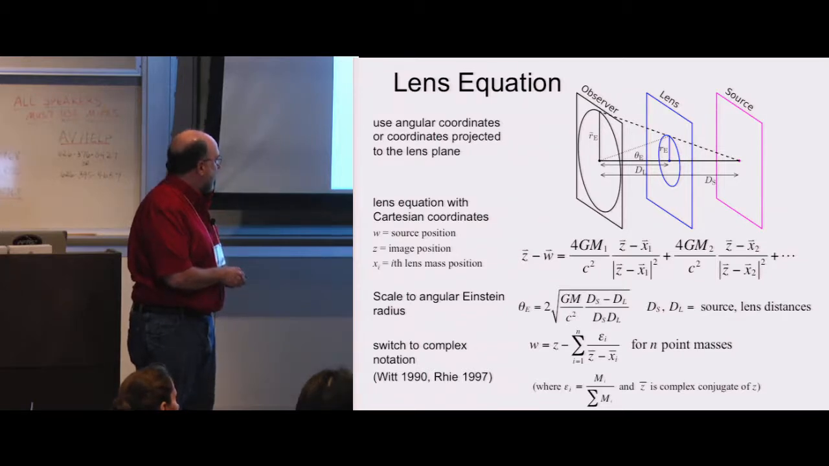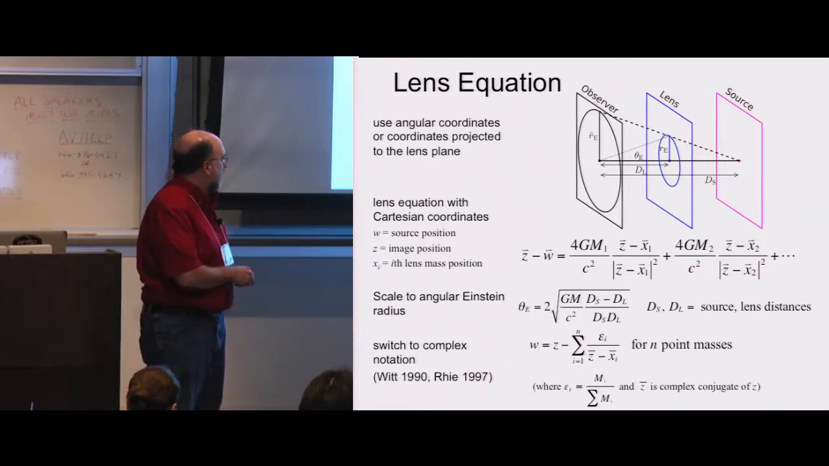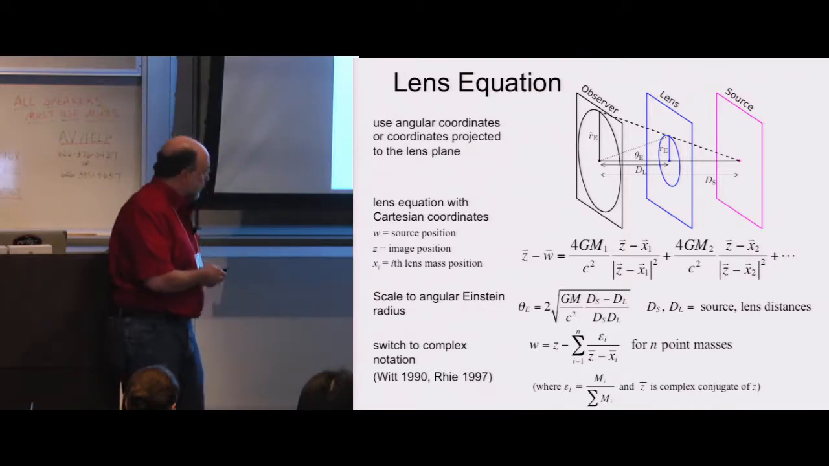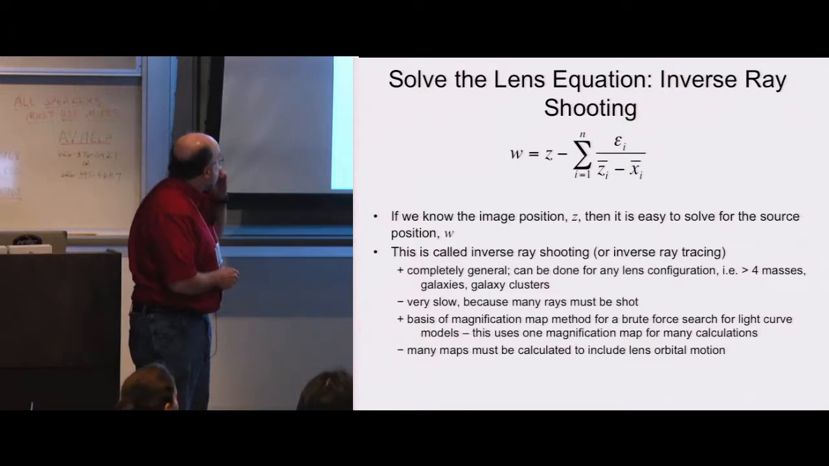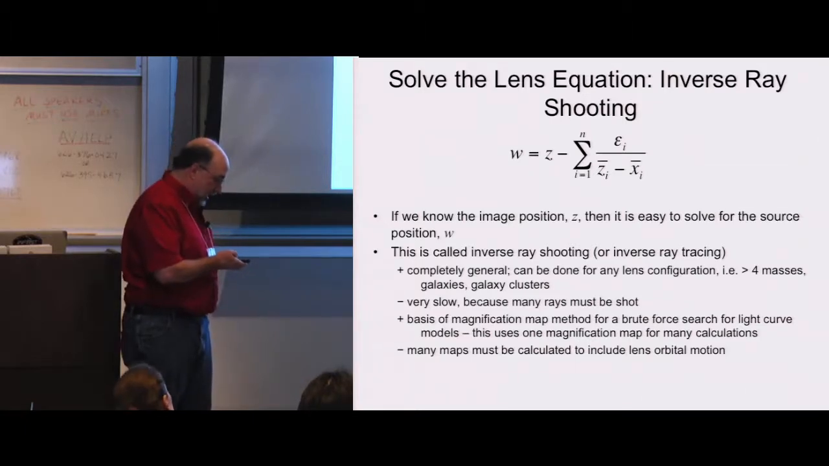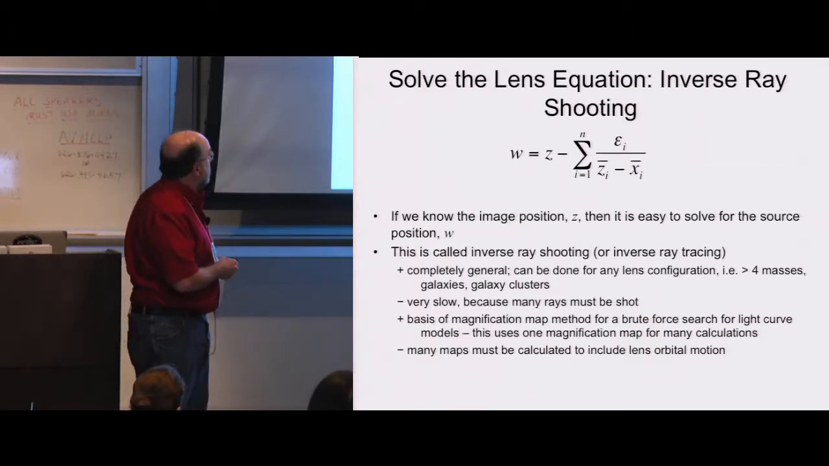And so an equation for n-point masses is given by this. W equals Z minus the sum over all the masses. Epsilon sub i is the mass fraction, so the mass of one lens divided by the sum of all the masses in the lens system, and you sum that over all the lenses. Okay, so to solve the lens equation, well, the simplest thing to do is to notice, we want to find